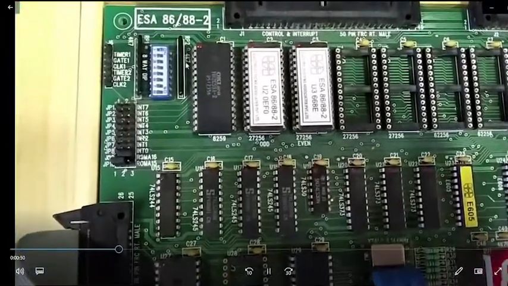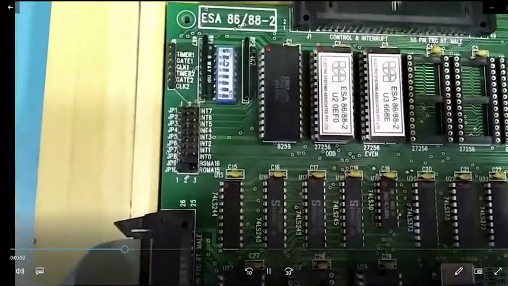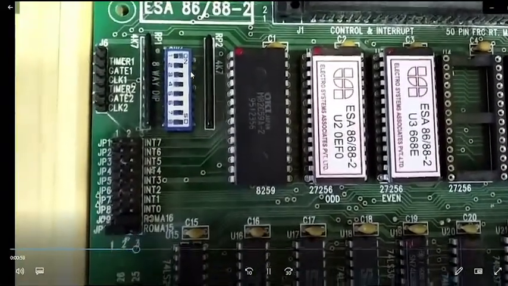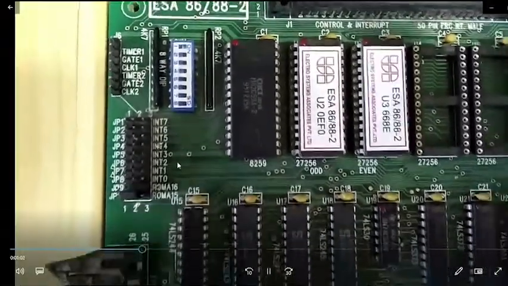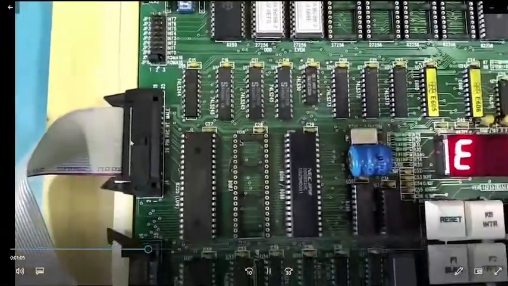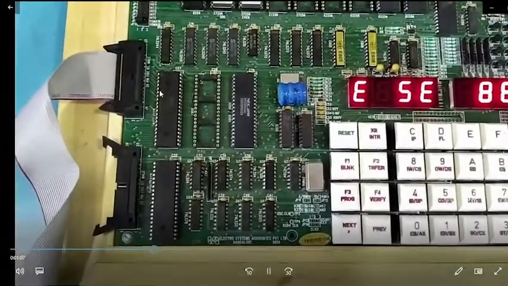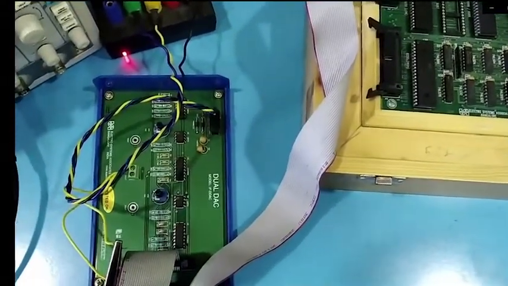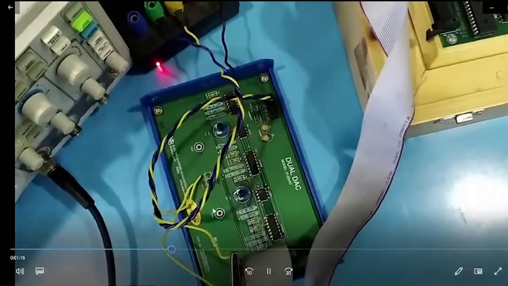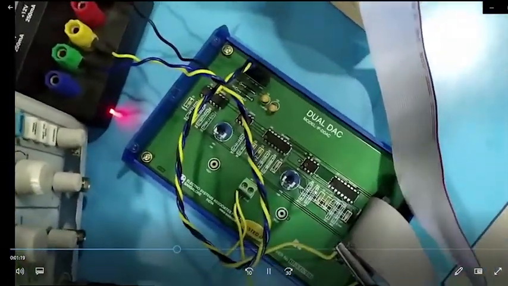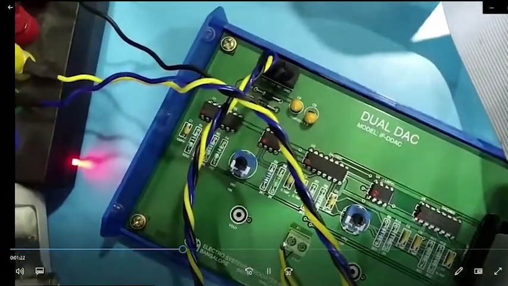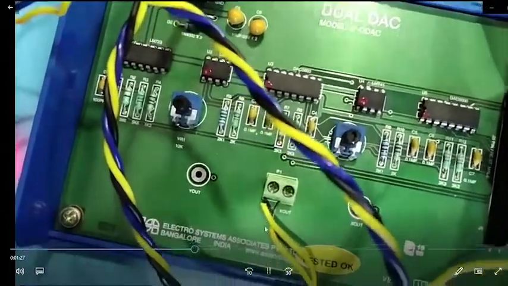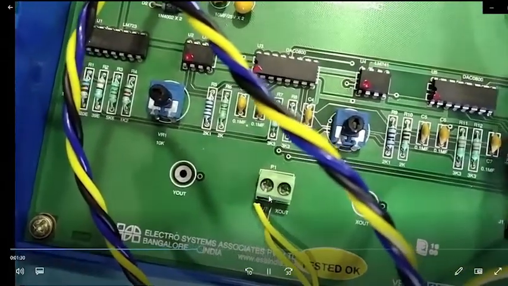Here you can observe these switches. Only switch 1 will be in the on state and the remaining switches will be in the off state. We are using this port to connect peripheral devices. The peripheral device now is the dual DAC. This is the dual DAC board, and here you can observe X and Y. To these two lines you have to connect the DSO probe in order to see the waveform on the display.